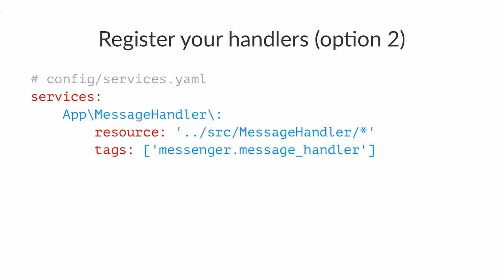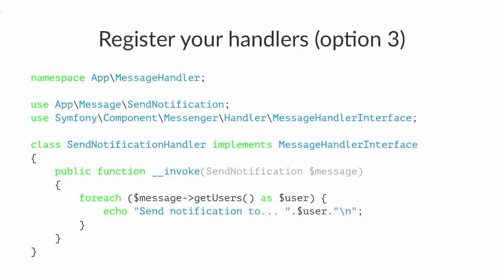And we can do even simpler. There's actually an option 3. And the reason I've mentioned these two others is just to highlight there's no magic. The option 3 is to actually use the message handler interface. If you look at it, there is nothing inside. There is no method in the interface.